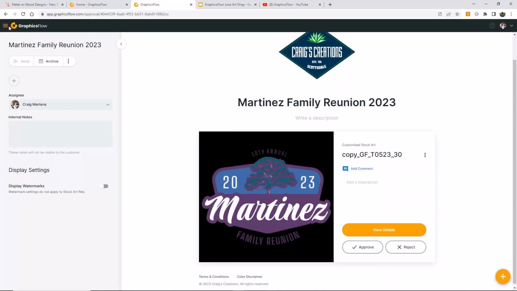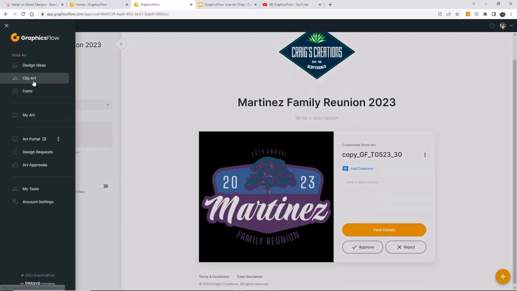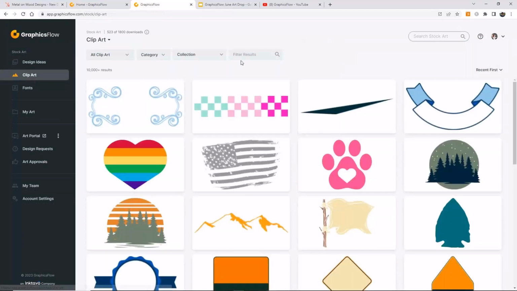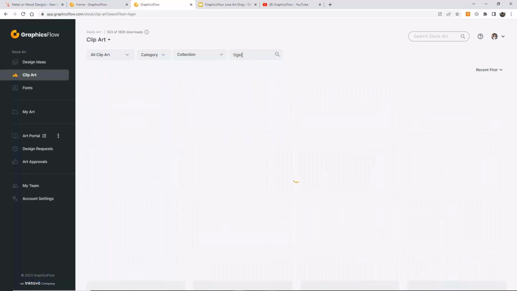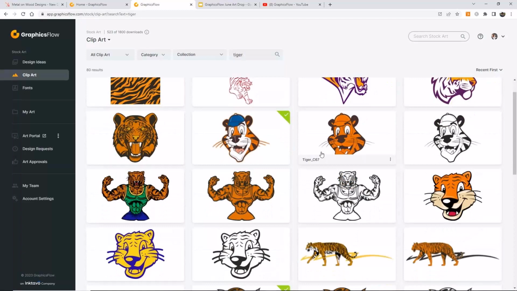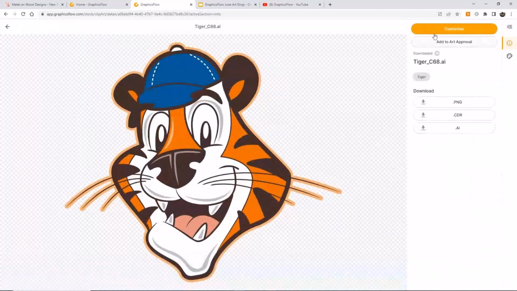But before we do that, I do want to point out one thing: you can edit your clip art this way too. So if you go to clip art and you just needed a tiger mascot, you can go in and edit that clip art before you even download it to get the color situated exactly the way you want. So, something like this that's fairly complicated, it's got a lot of colors in it, it might be easier for you to just customize this right now in GraphicsFlow